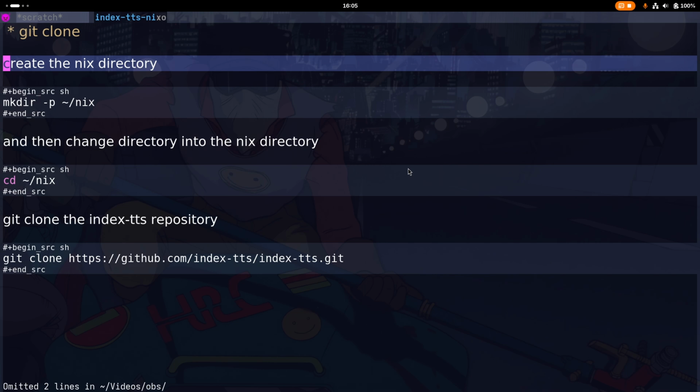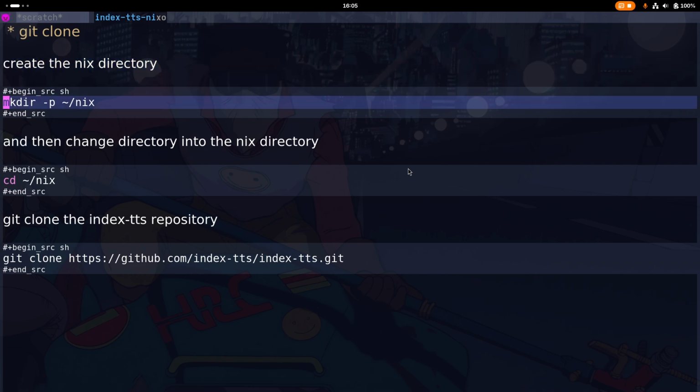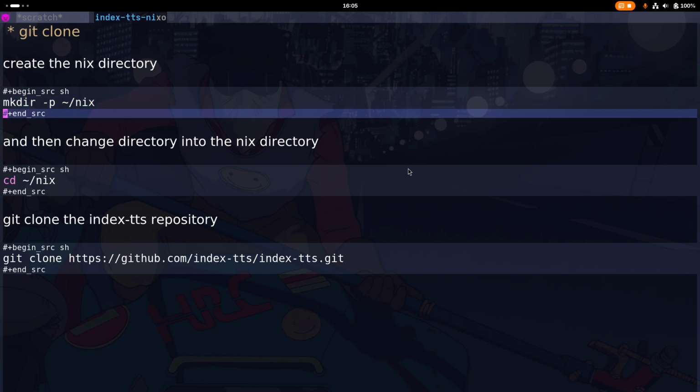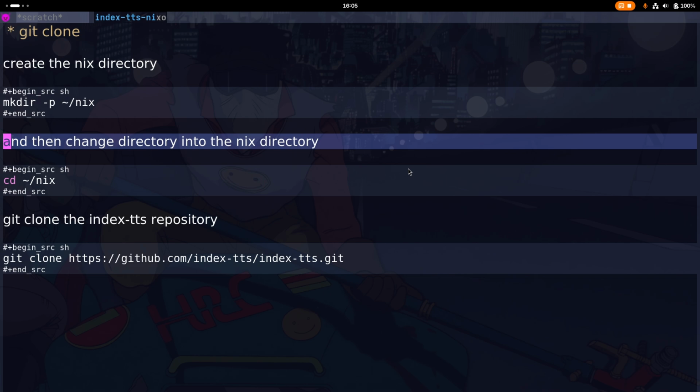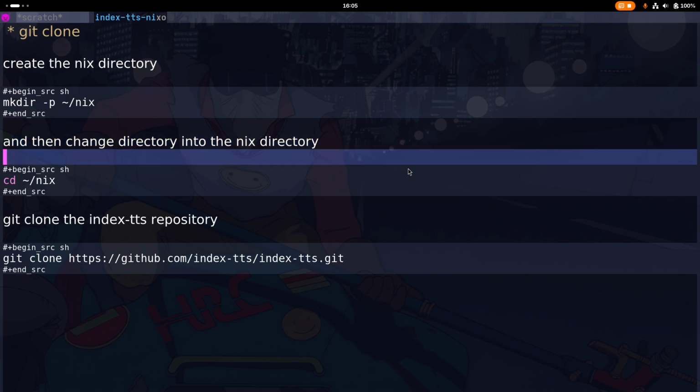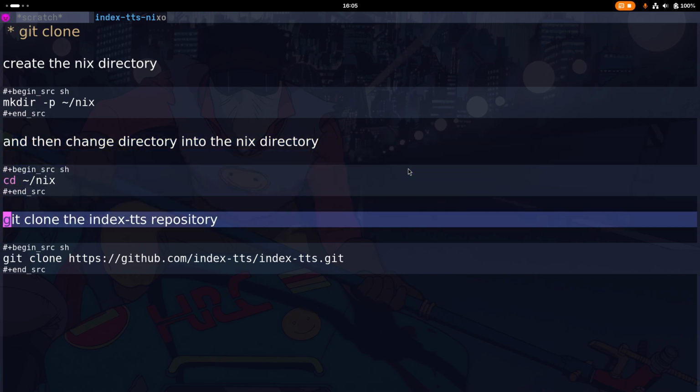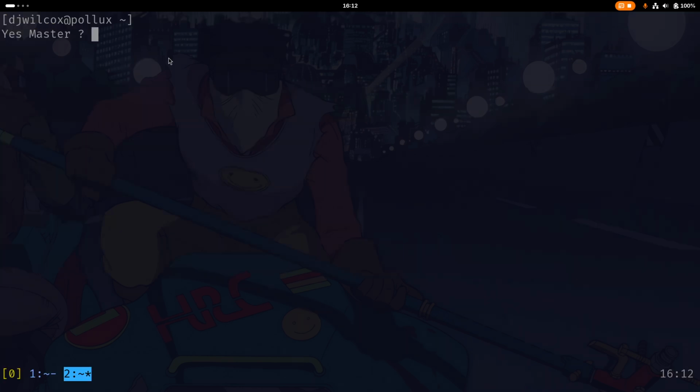First of all, we're going to create a nix directory in our home folder. We'll do that by running mkdir -p ~/nix. We're then going to change into the directory we just created by running cd ~/nix, and then finally clone the index-tts git repository into that directory by running git clone and the path to the index-tts git repository. Okay, I've switched across to the terminal,